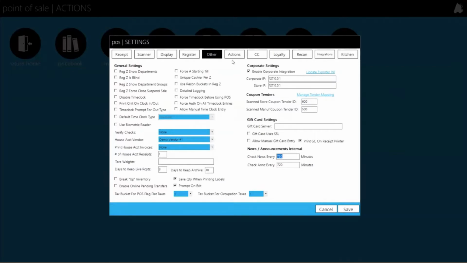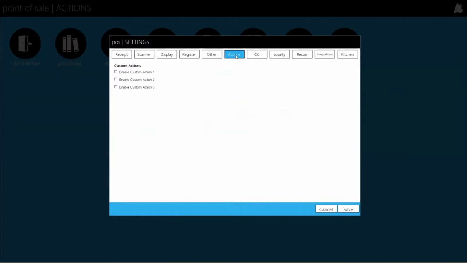All right, going to the next area, the actions. This is a very, very simple option. If you have a custom action enabled, you can put in a caption. I can call this, for example, reconciliation. And then for the file, this is going to be the file path you want to open. So if I put in my file path and I put in the FasTrax reconciliation standalone program,